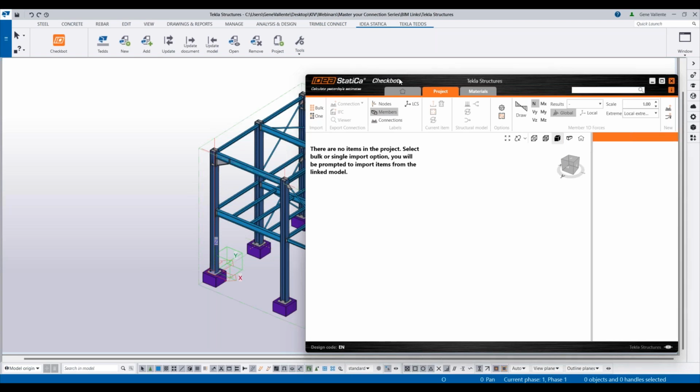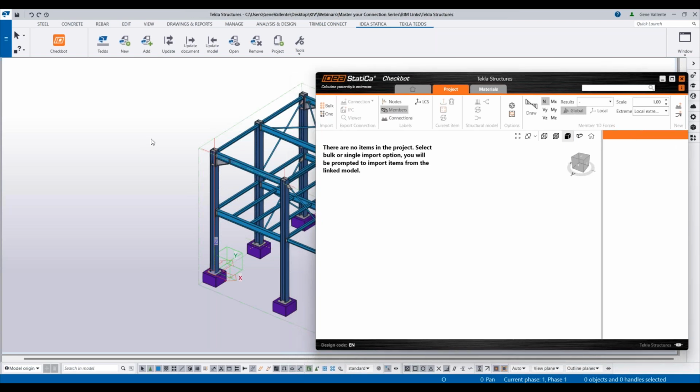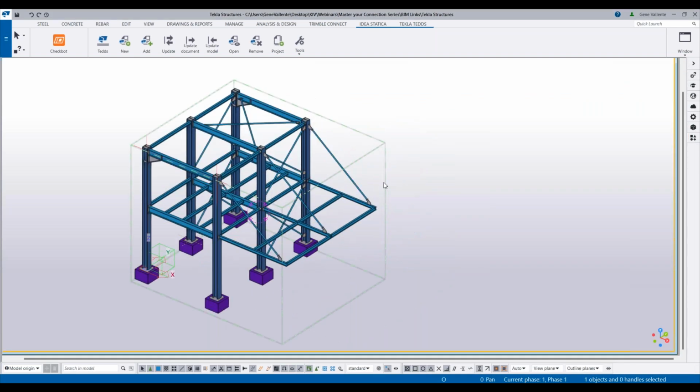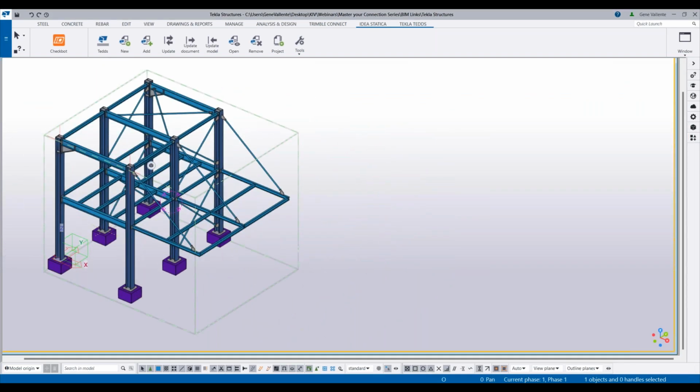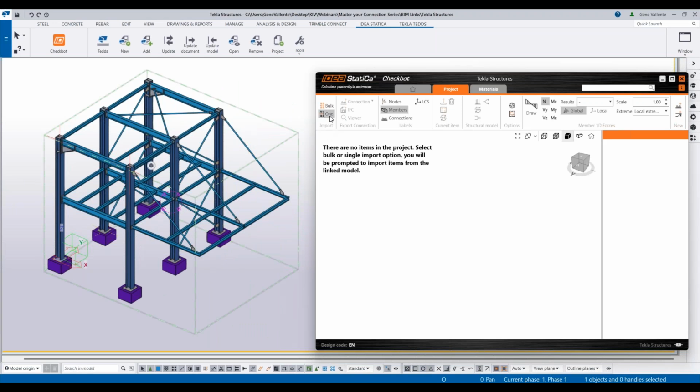If you have a very huge project, I would really suggest that you import as one nodes or one members. But since in this case our structure is quite small, we can just use bulk. So I click on bulk, and it says it is waiting for the user